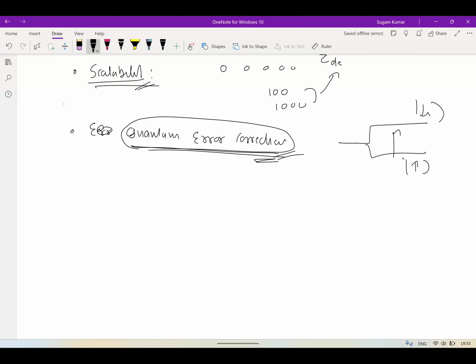This is mathematics we will try to understand. I will give some examples, and for example, in the Deutsch algorithm, I will show how this quantum error correction works. So physically we will run the system, we will see. So this is the one part.